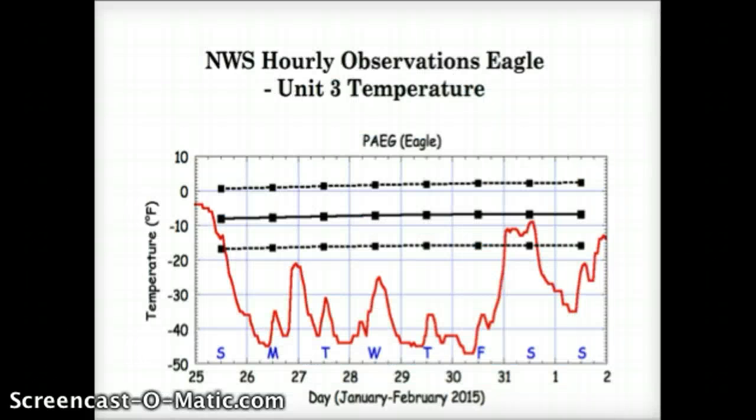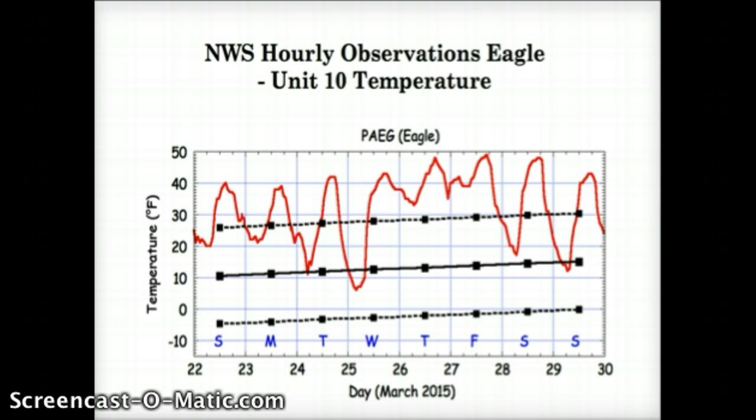And lastly, looking at the meteorological conditions that gave rise to colder than expected temperatures in Eagle in late January, it is due to the colder winds that came in from the north, which brought in a high pressure system that kept the skies mostly clear, which allowed the temperatures to drop way below the average temperature for the season. The warmer than expected temperatures in March was also due to wind bringing up a low pressure system from the south and cloud coverage into the Eagle area on the 26th.